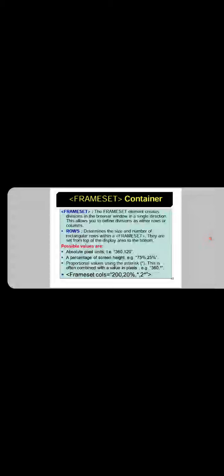To create and use frames in HTML, first of all you have to define the frameset tag. The frameset tag contains the properties of the frames designed and used, meaning the number of frames used, which type of frames are used, horizontal or vertical, and what percentages of space are used, meaning how much percent frame 1 contains and how much frame 2 contains.